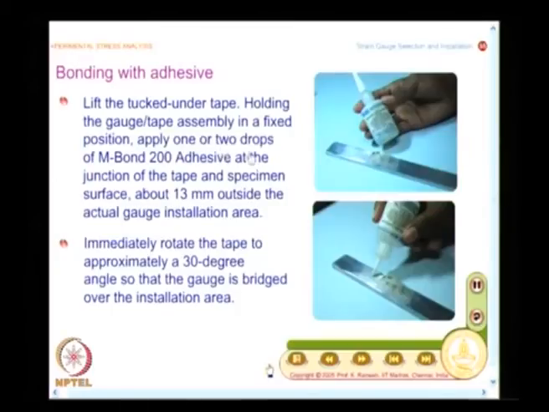Apply 1 or 2 drops of M-Bond 200 adhesive, or equivalent adhesive, at the junction of the tape and specimen surface. Then you need to immediately rotate the tape to approximately a 30-degree angle, so that the gauge is bridged over the installation area. This shows the sequence of steps, and you will see an animation which will show how quickly this is done.